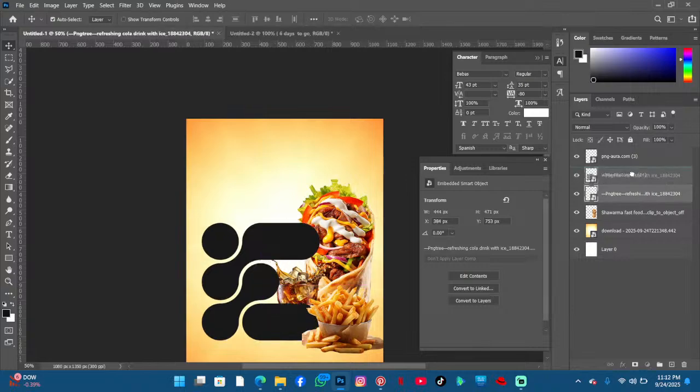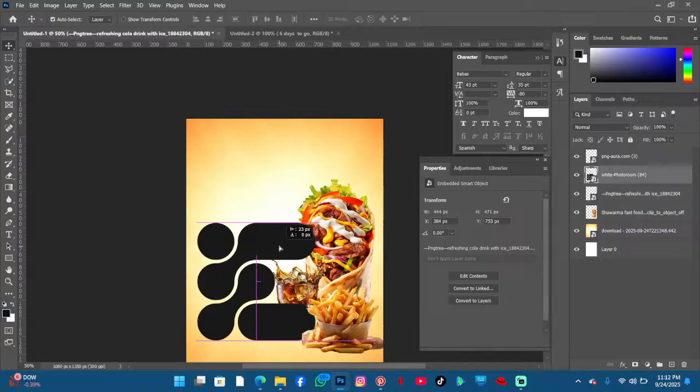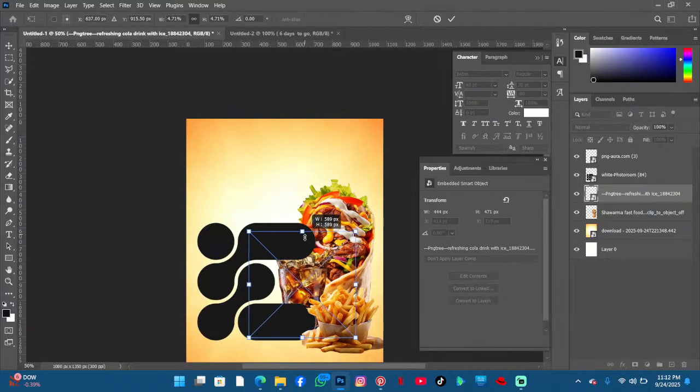Or if this can be in front, I don't think it looks good there. So I think it's going to cover the whole coke, and we're not going to see what we're meant to see. So what I'm going to do, I'm going to increase this,